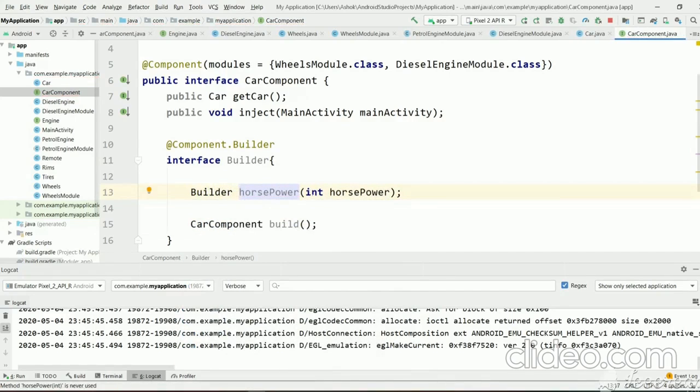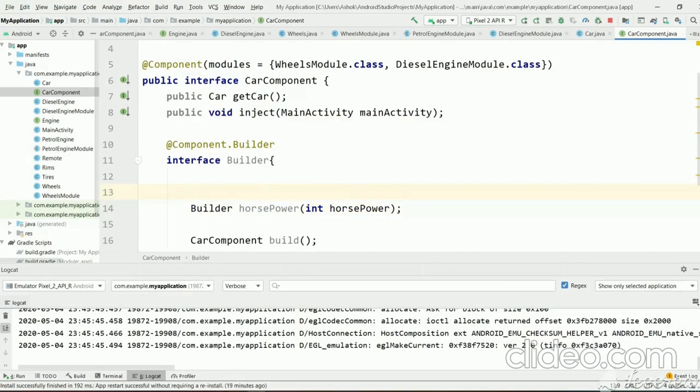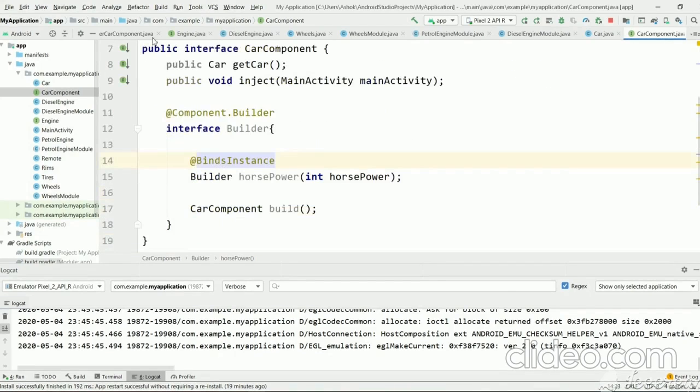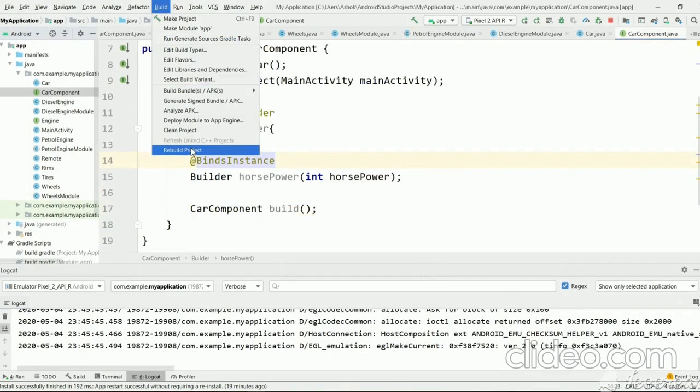Now we can pass the horsepower value to this method, and to bind the value to Dagger we need to mention BindsInstance. Now as we changed the car component interface, let's build it, and Dagger will create the DaggerCarComponent implementation.